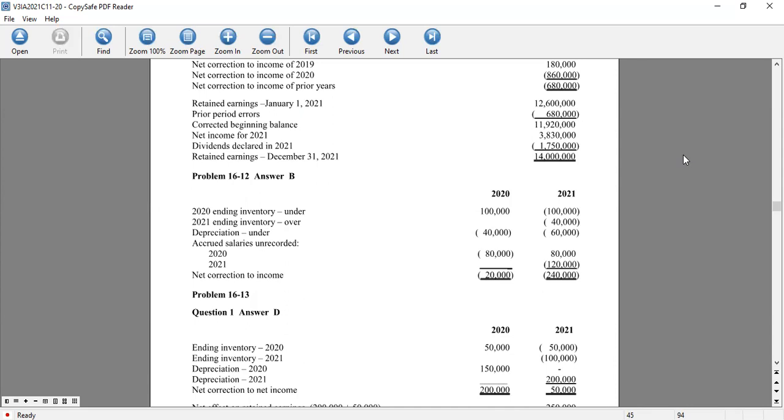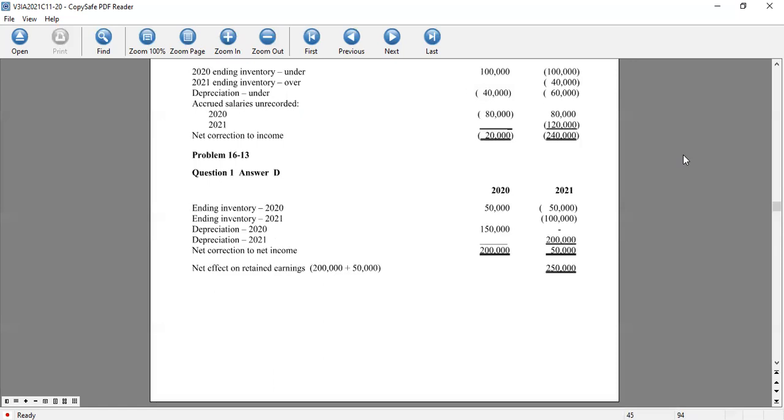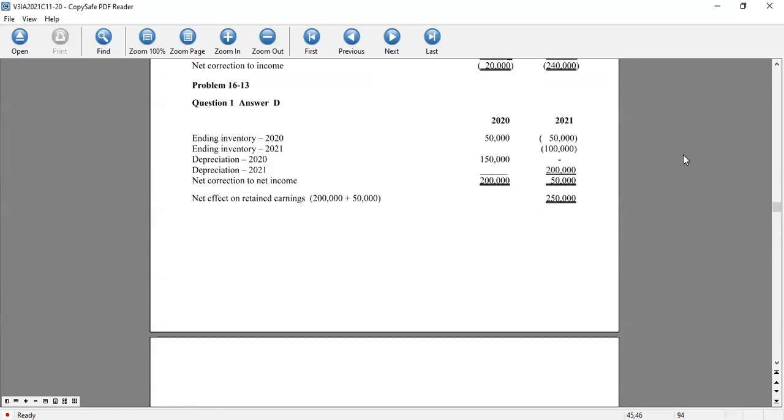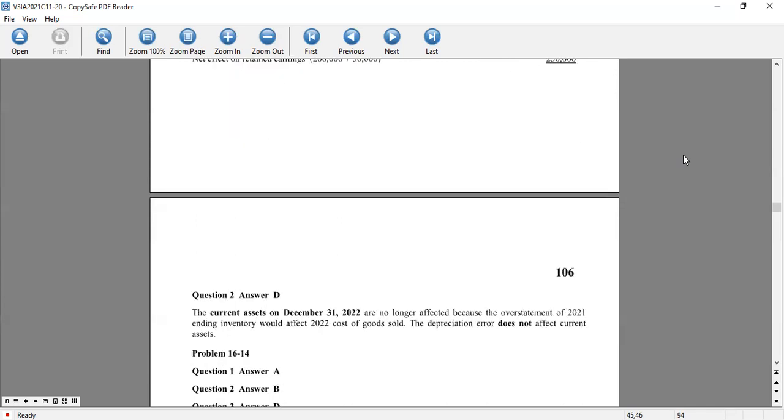And number 13, we got two questions. Question number 1, the answer is D, 250,000 understatement, net effect on retained earnings. And question number 2, the answer is 0, the current assets on December 31,